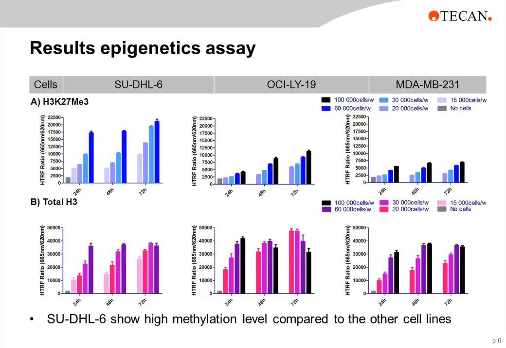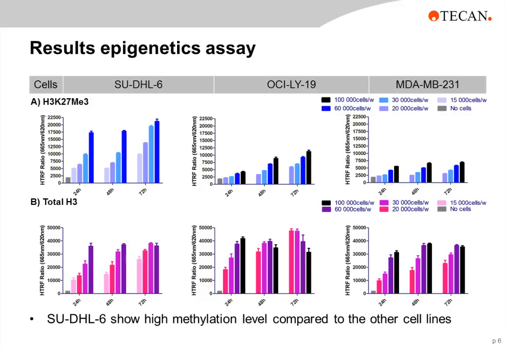What is very obvious here is that we've been working with different cell densities. They are illustrated by the bluish colors, and in the lower part by the pinkish colors. The groups of bars illustrate the timing. The first group is 24 hours, the second group is after 48 hours, and the third group in one graph is after 72 hours. If you look at the upper methylation graph for the second cell line, you see that the bars on the right-hand side are black. This is because we've been working here with a higher cell density that we didn't need to use for the